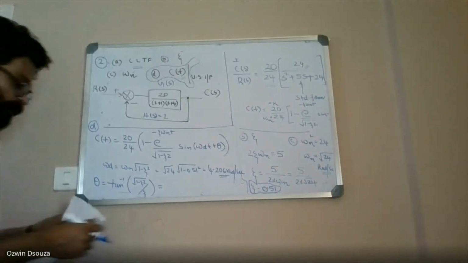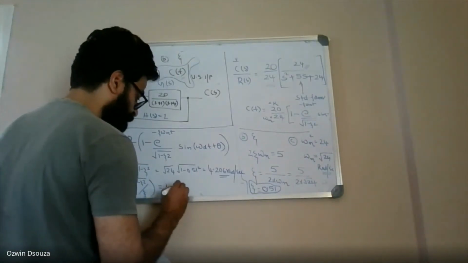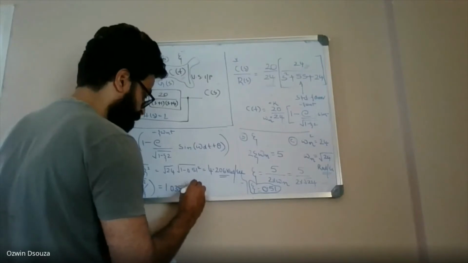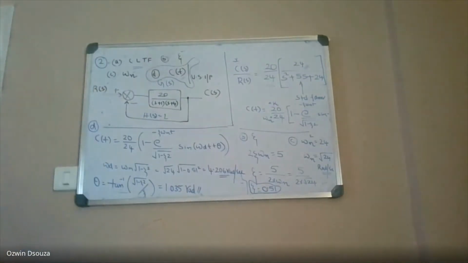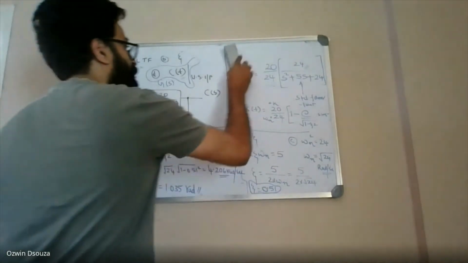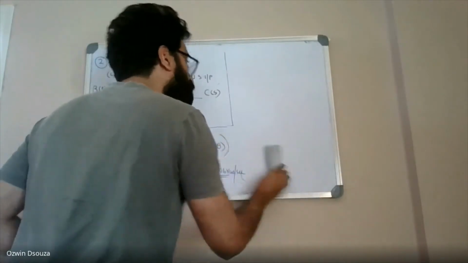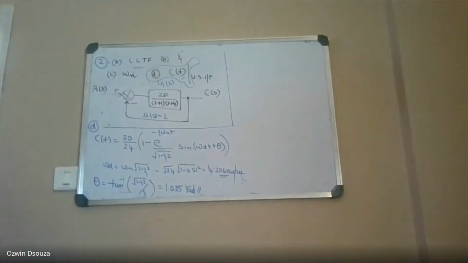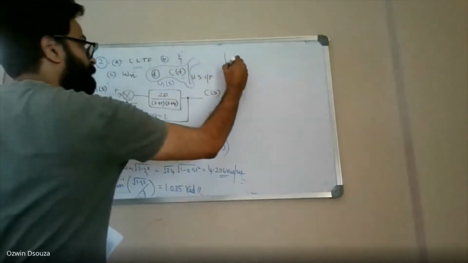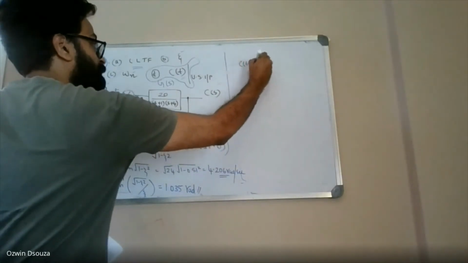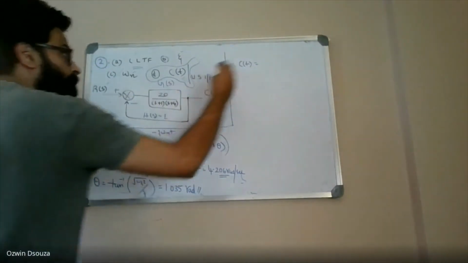So 1.035 radians you are supposed to get. So when you substitute all these values in the c of t expression, you will get